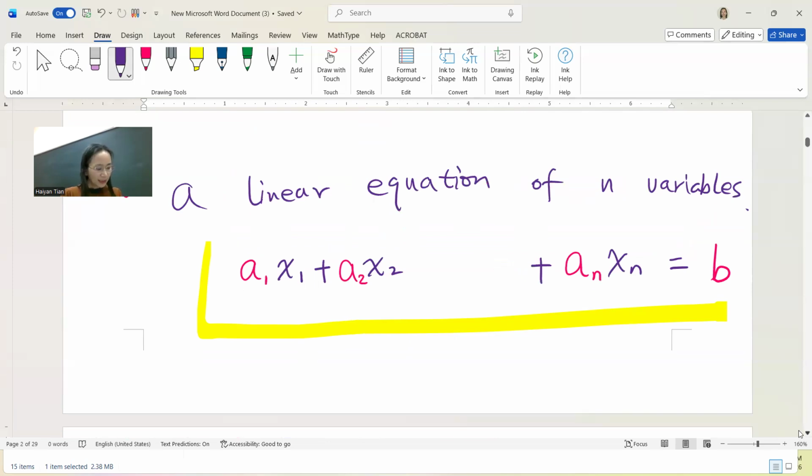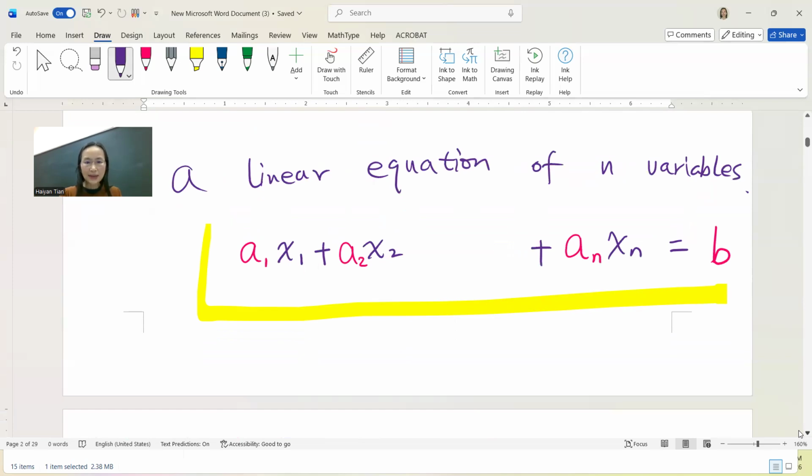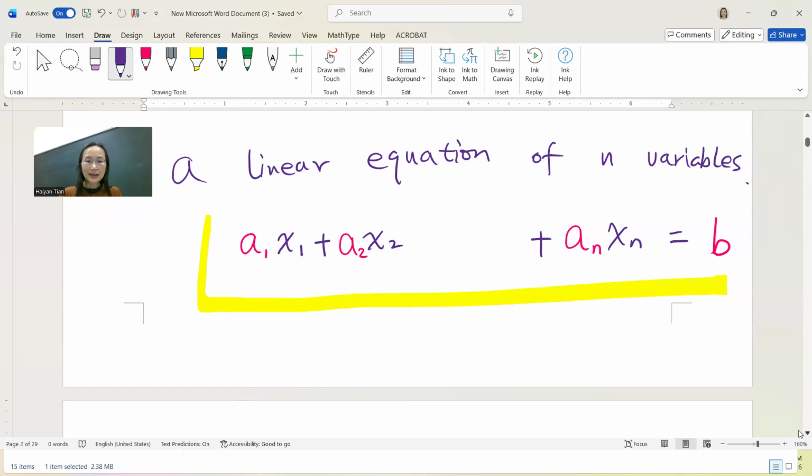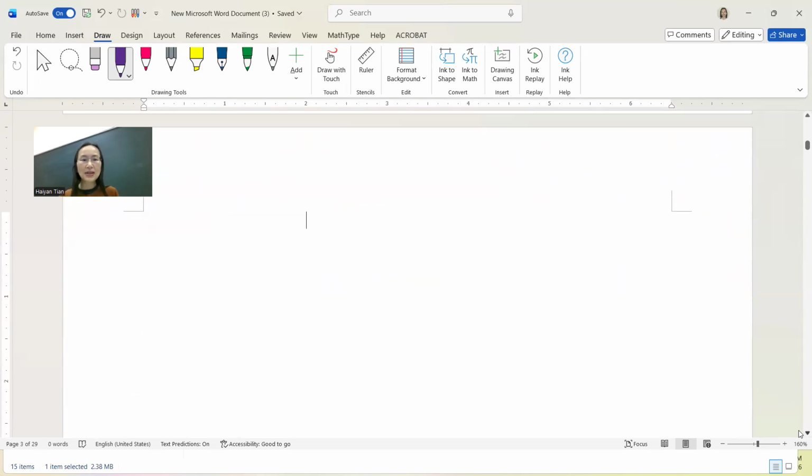So now it's a single equation. Suppose I have more than one equation, then I will have a system of equations. So let's look at this example. In this example, I will show you 2 equations. So the first equation is,